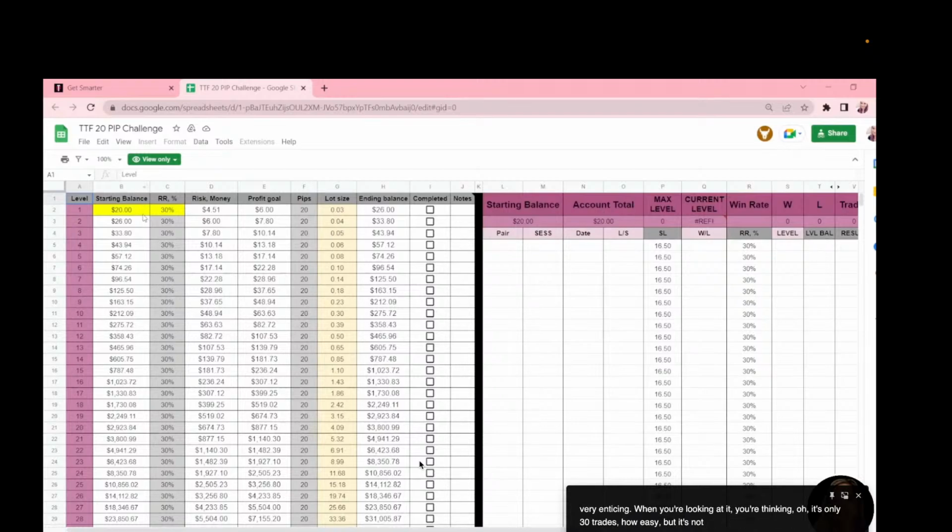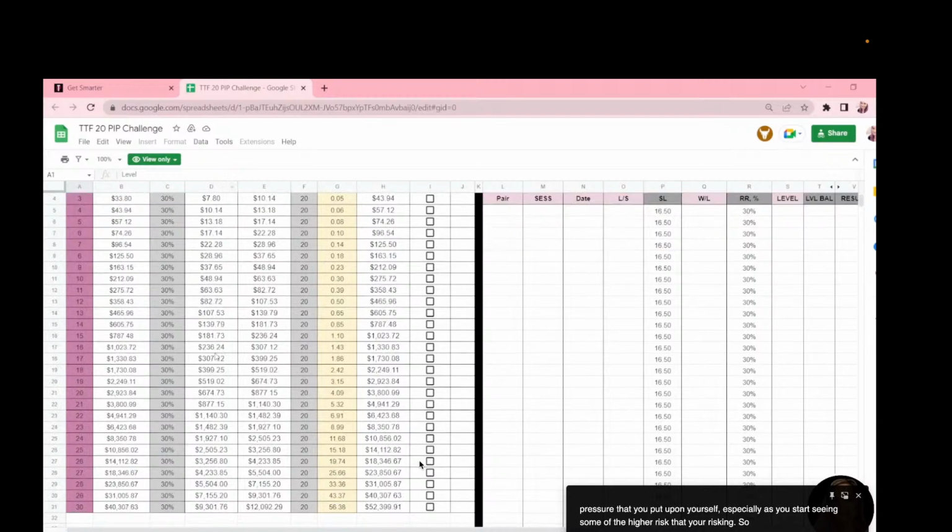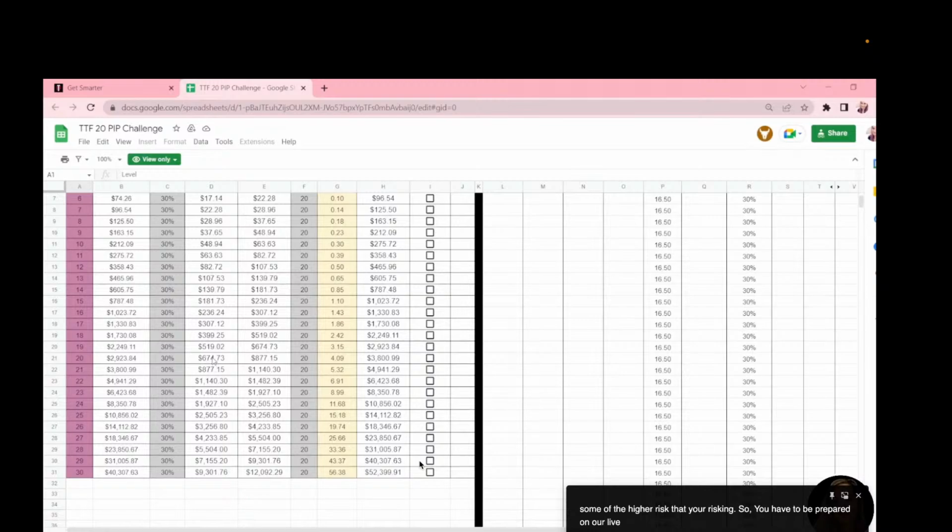There is definitely a lot of pressure that you put upon yourself, especially as you start seeing some of the higher risk that you're risking. So you have to be prepared on a live account, on a real account, to potentially lose as high as $9,000 in a trade. That's huge money. That's huge, huge money, guys. So it looks like it's not a lot, but this is real money. So if you are risking that, that is a true $9,300 that you're going to be losing on that trade. $9,000 is significant money for most people. So this is something that mentally will take a little bit of a toll on your